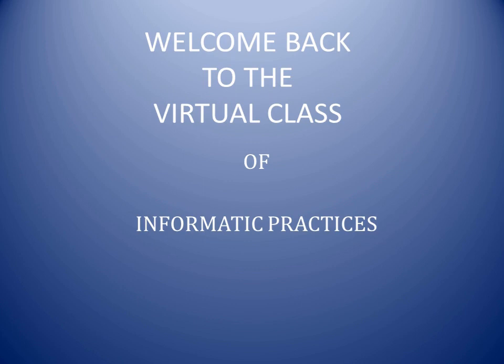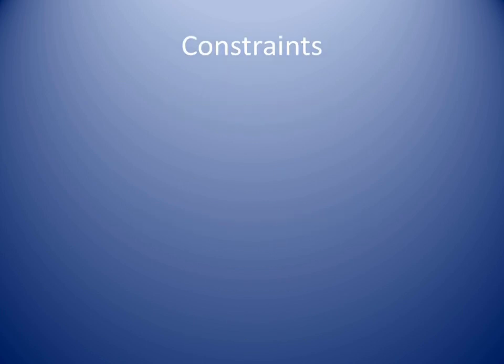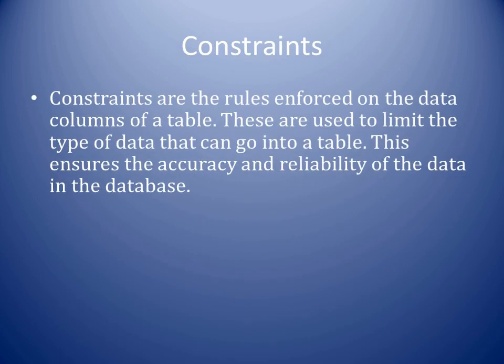Today we are going to learn the very important part of MySQL, that is constraint. A constraint is a rule or check on data which is to be entered. It checks and ensures the accuracy and reliability of the data. In simple words, we can say constraint is a condition on data to be entered. If the data is according to the constraint, then it will be entered, else not.